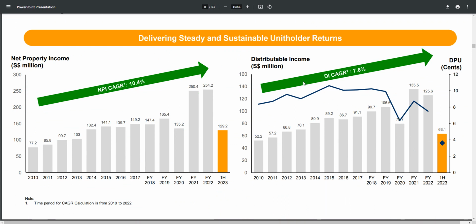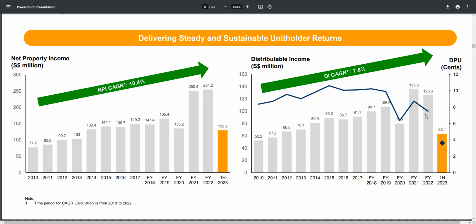I had a hard time reading this chart because there are two y-axes. The distributable income looks decent, but the DPU is not looking so good. You can see that this blue line is actually the DPU, which is always the metric that REIT investors should look at. The performance has been flat and then there was a dip, and it hasn't quite recovered. In fact, 2022 somehow performed worse than 2021, but I think this is because of China's COVID